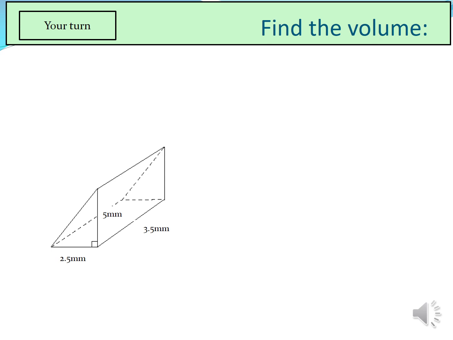Okay, welcome back. So let's start off by first identifying what the cross section is. The cross section on a triangular prism is this triangle here. I'm just going to shade it in. So that is the cross section. So I'm just going to write on the right hand side, area of cross section